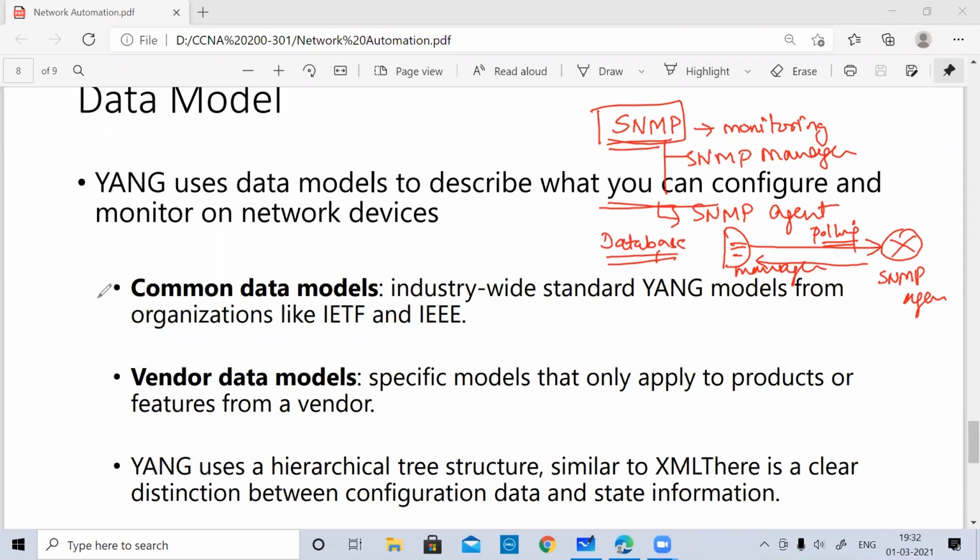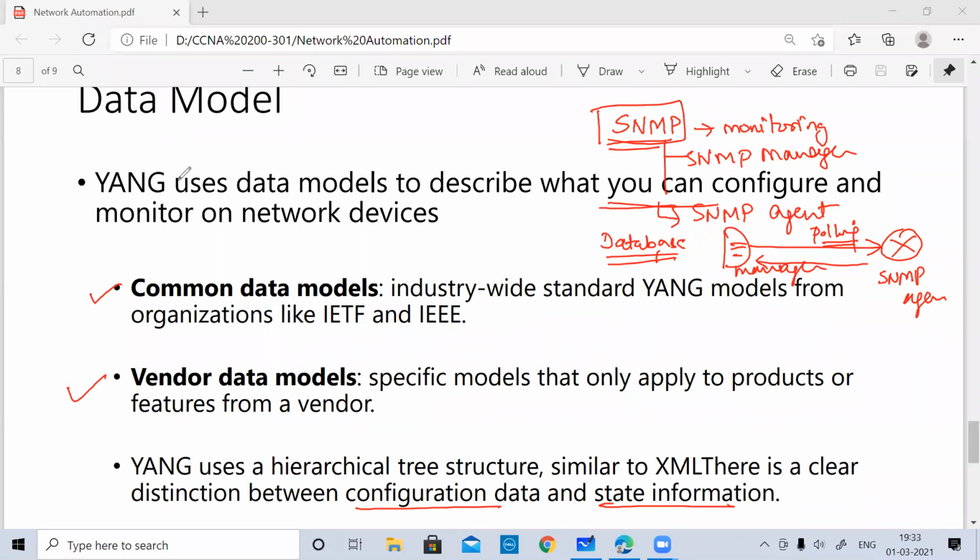The data models it supports are the common data models, which are industry-wide standard YANG models from organizations like IETF and IEEE, or the vendor-specific models. It uses a hierarchical tree structure similar to XML. There is a clear distinction between the configuration data and the state information. So this is about the YANG data model.